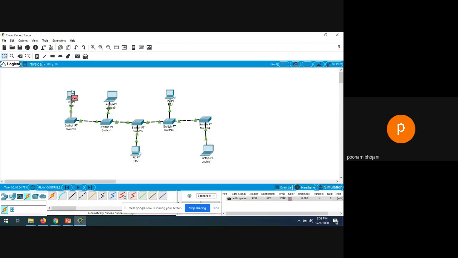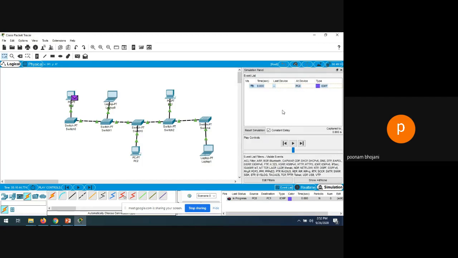So let's say I want to send the data from PC0 to PC1. Okay, let's see the simulation. Only this one we will see. The previous was already running.